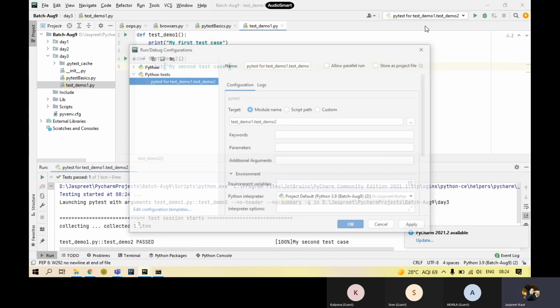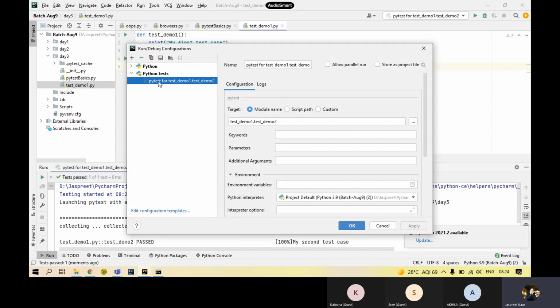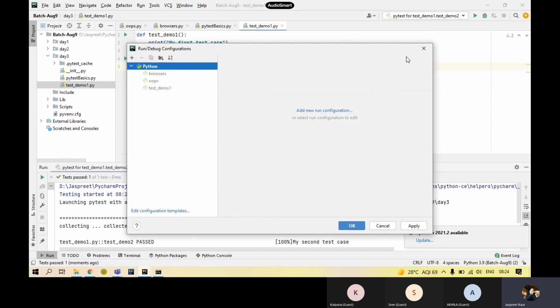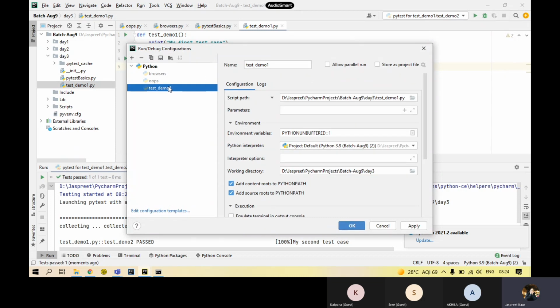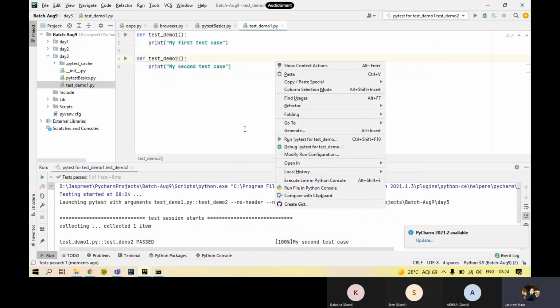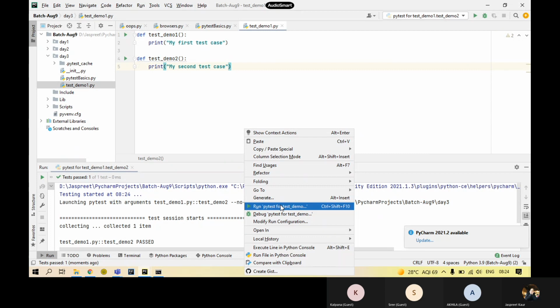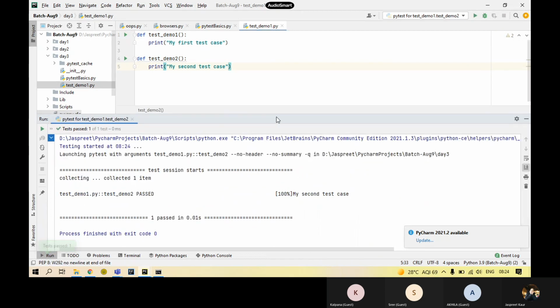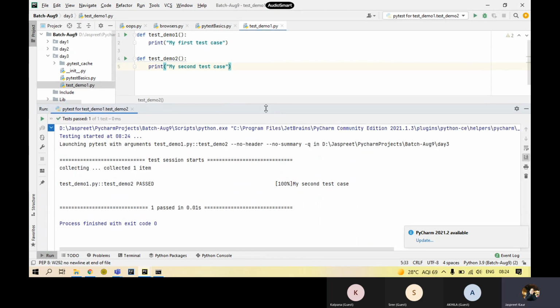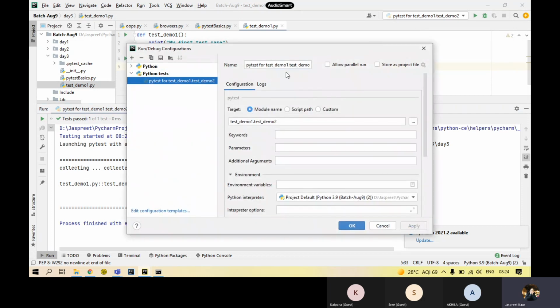A configuration made for a file is a little complicated to change, so I'm going to delete this one. And now I'm going to run this. Test demo to pass. Change this a little.